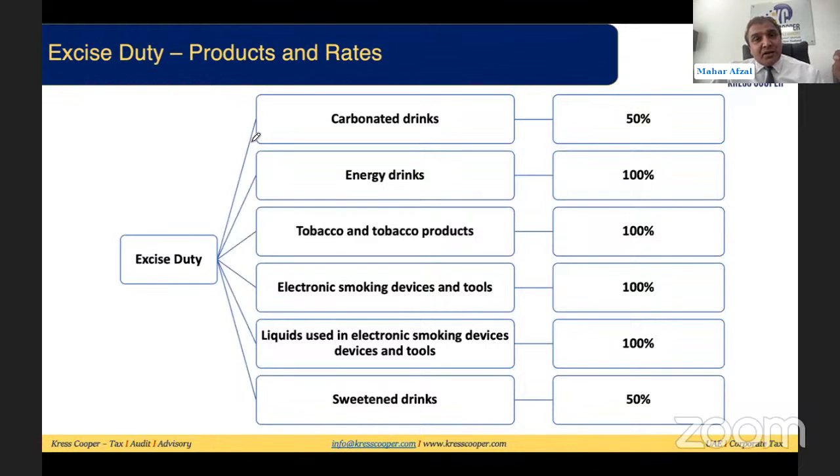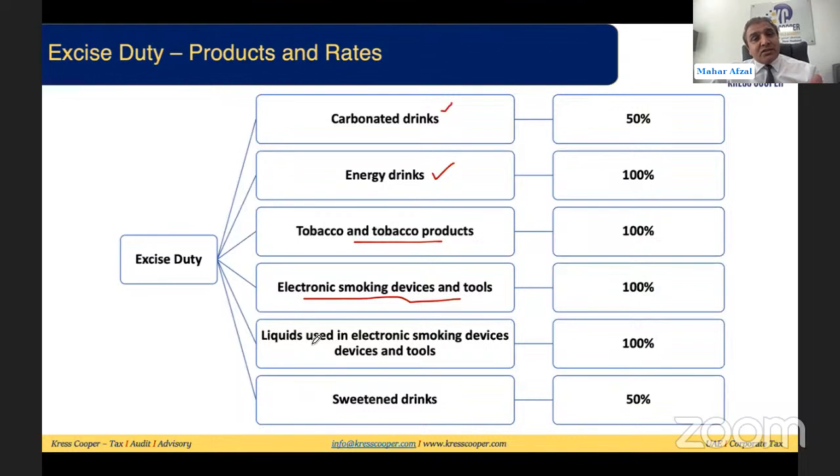So these are the goods on which excise duty is applicable. These goods are carbonated drinks, energy drinks, tobacco and tobacco products, electronic smoking devices and tools, liquid used in the electronic smoking devices and tools, and sweetened drinks. These products are subject to excise duty. Any other product